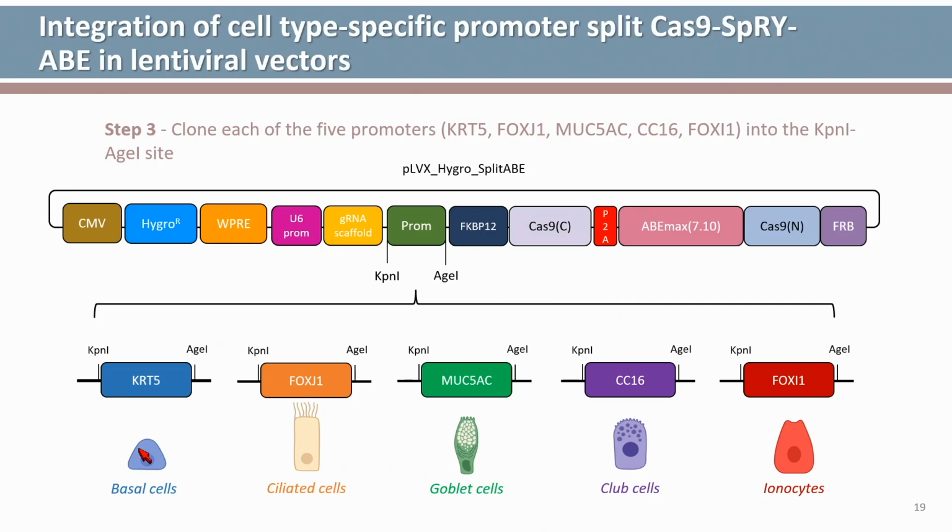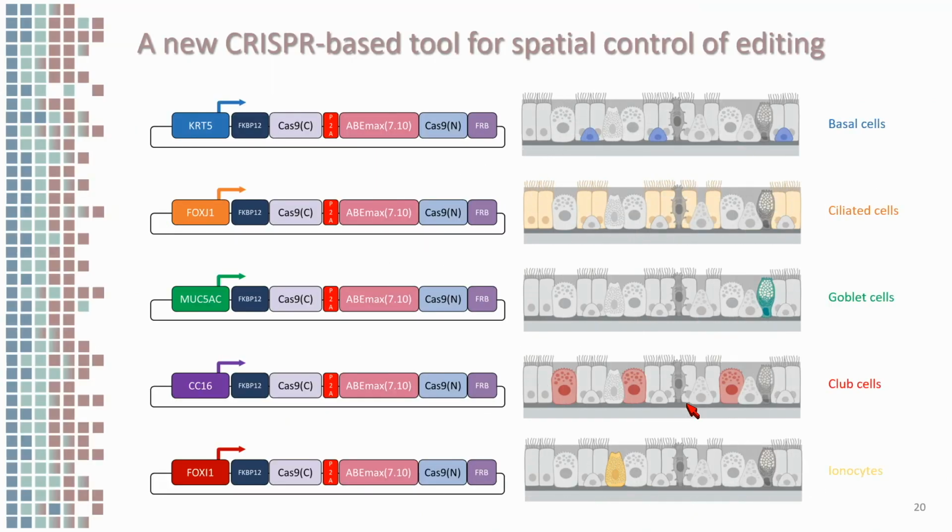So keratin-5 for basal cells, FOXJ1 for ciliated cells, MUC5AC for goblet cells, CC16 for club cells, and FOXI1 for ionocytes. And the other promoters are also in the works to have more than one promoter specific for some of the cell types. And so with this, we are creating a new CRISPR-based tool for spatial control of the editing in specific cell types. And so we then started by